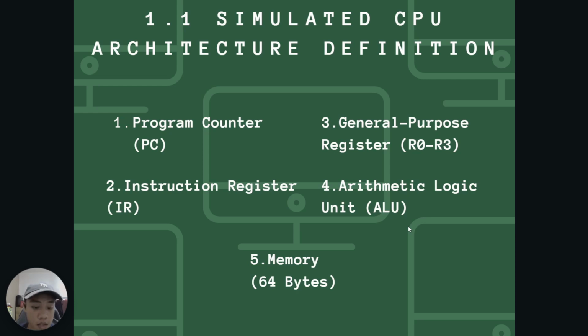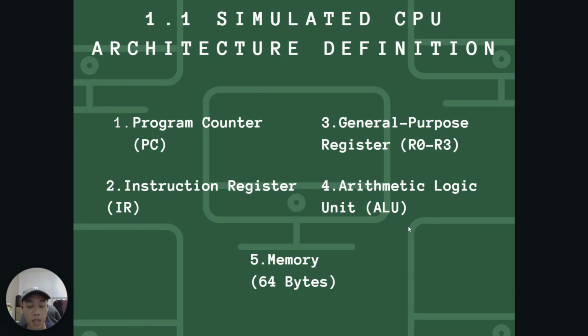Next is instruction register. The instruction register holds the current instruction that the CPU is working on. Next is general purpose register. There are four general purpose registers in our CPU, which are R0, R1, R2, and R3. These are used to temporarily store numbers and results. In our simulation, they are stored in a dictionary, kind of like a small table, where each register has its own